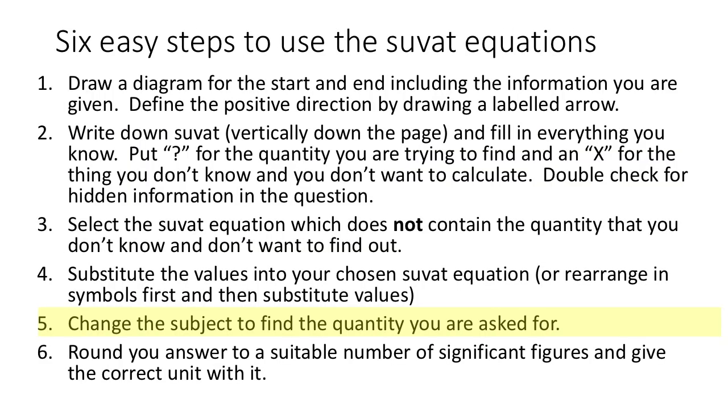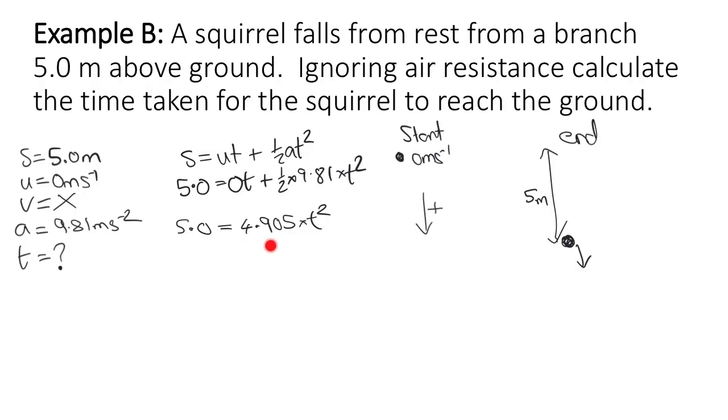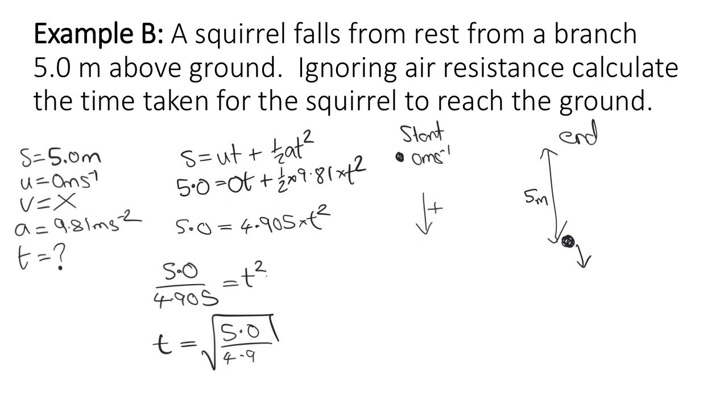Step 5, I need to change the subject of the equation to, in this case, find t. Because I've got 4.905 times almost the thing that I want, the first thing that I'm going to do is divide both sides by that, which will give me 5.0 divided by 4.905 equals t squared. I can then square root both sides, and I'm just going to write it the other way round, which will then give me t equals the square root of 5.0 divided by 4.905. And I can then put that into the calculator, and that will give me